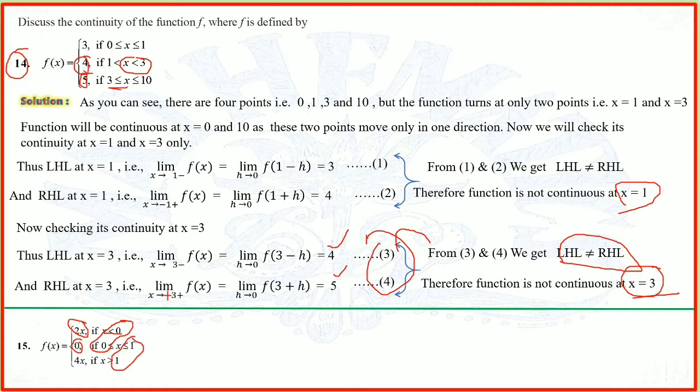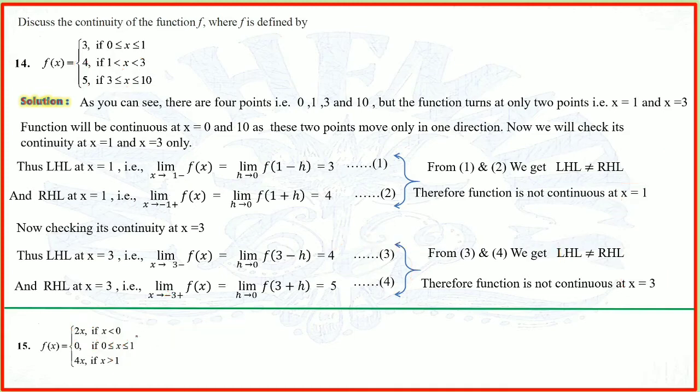So the continuity of this question is also like the previous one. In the previous question we checked x is equal to 1 and x is equal to 3, and for this question we will check its continuity at x is equal to 0 and 1. So the idea and the procedure is so simple. You can attempt it: when you are taking the left hand limit at 0, you will be putting 0 minus h for x, and this x would be replaced by 0 minus h.